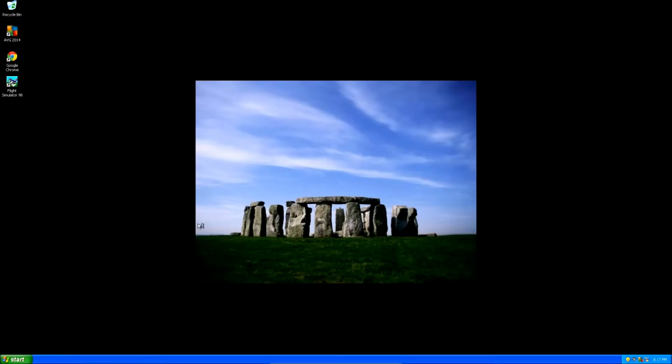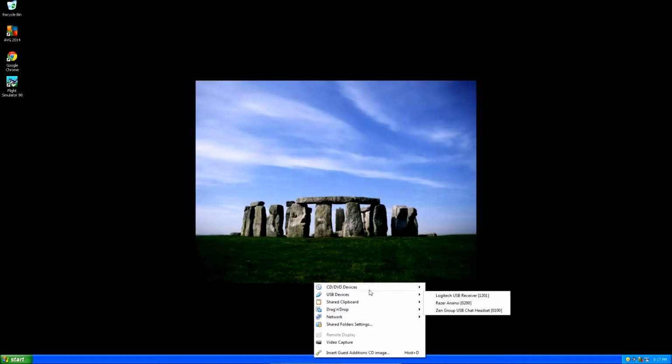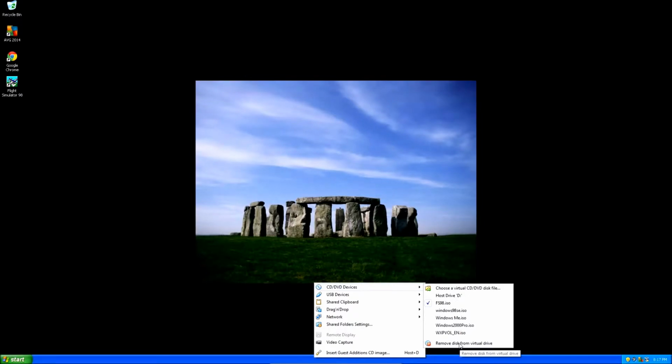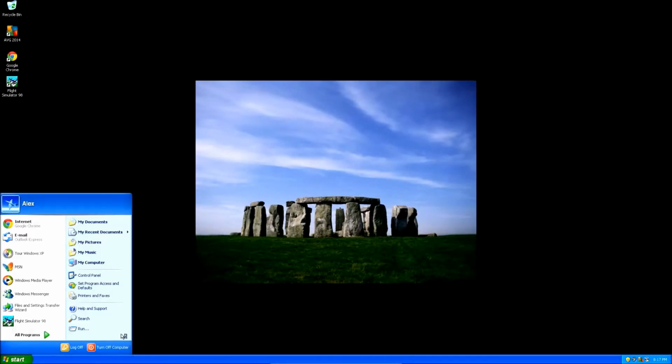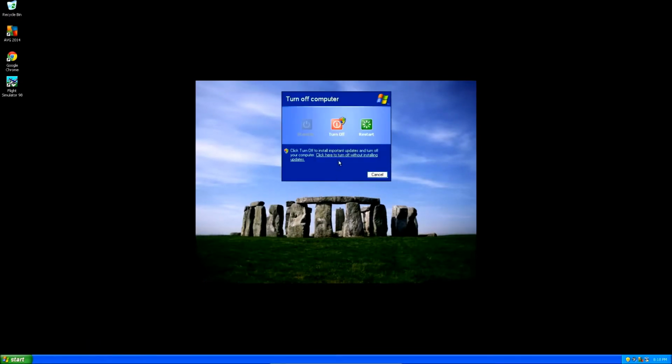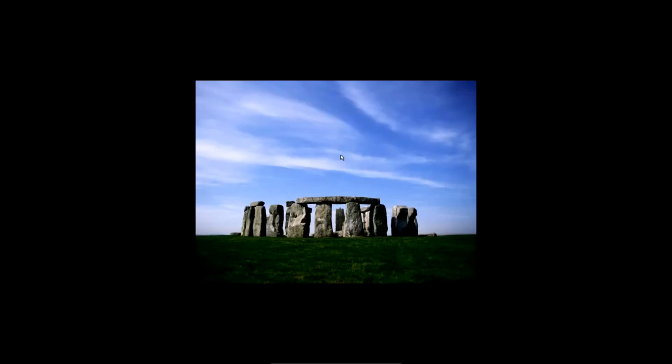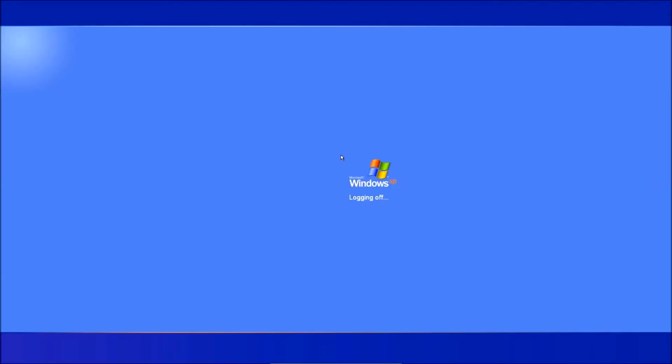And if you want to, you can go down, move your cursor down here, go into your devices, and you can actually remove this from your virtual drive, or you can leave it in there. It doesn't actually matter. If you remove it, then just remember to put it back in next time you want to play the game. Or if it's just a piece of software you installed, then you may not need the disk anymore. So that was just quickly showing how to run all the software on a new computer if it's not working with the